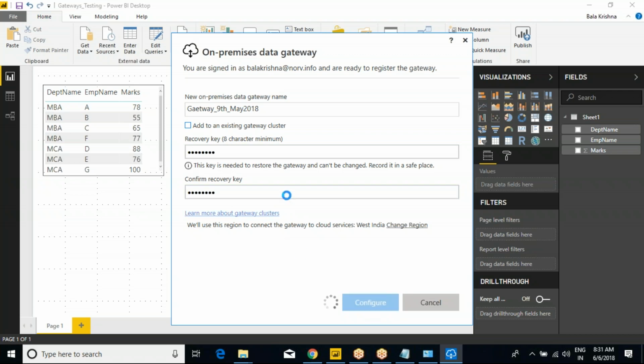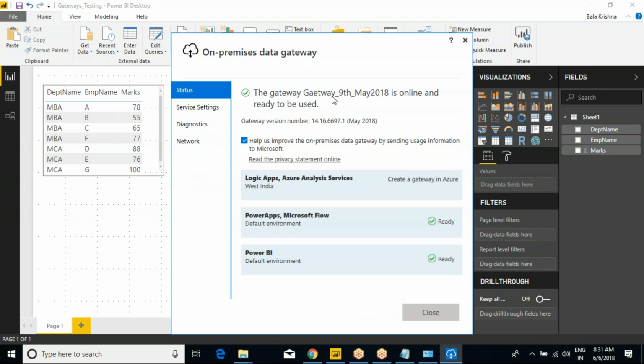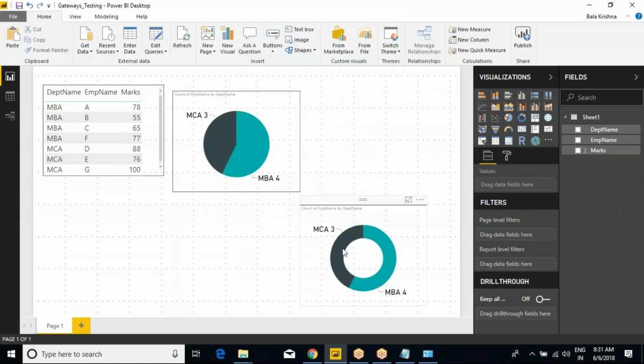So click on Configure. If you have anything added, an existing one, you can check this also. The computer gateway is showing as online, ready to be used now. Click on Close. Now if you want to check it,